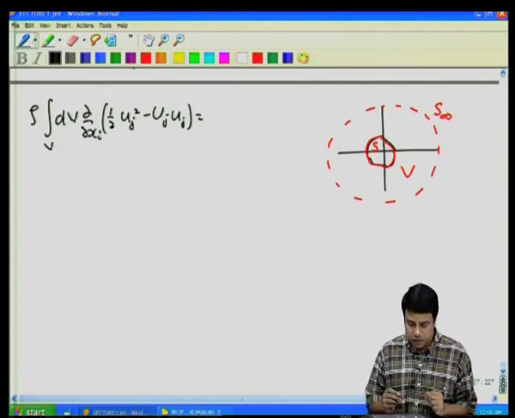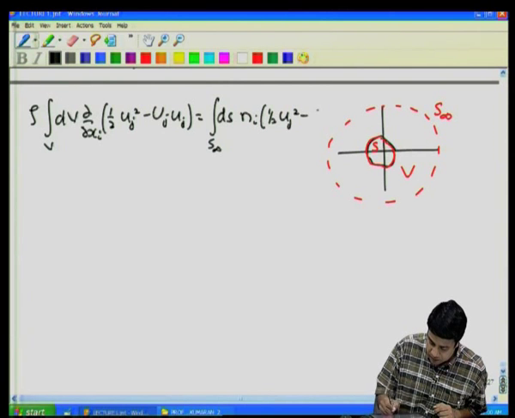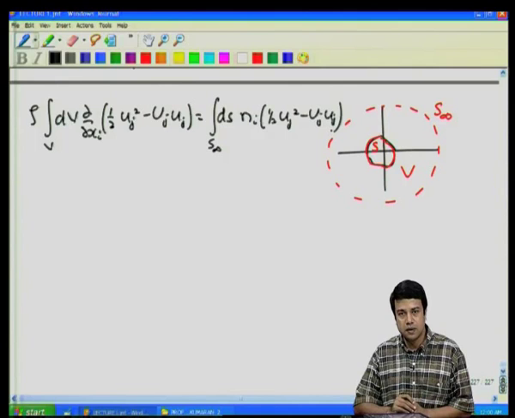This is going to be equal to the integral over the surface at infinity of n_i times half u_j squared minus u_j U_j,